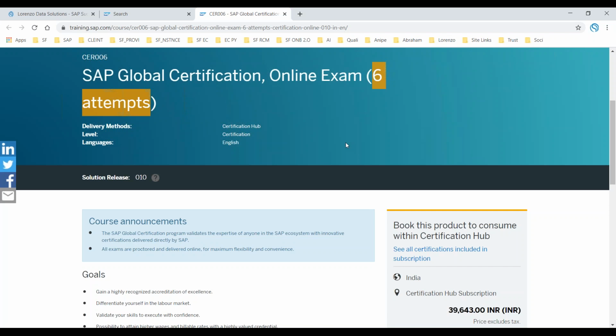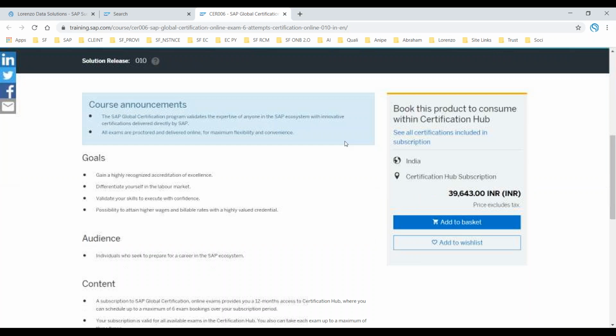Which means what we have to understand, you can only try 1 product a maximum of 3 times. So try to complete within the first 3 attempts so that you don't need to waste your time and you don't need to waste your attempts. And I request you, try to use these attempts properly and try to complete more certifications in the SAP Cloud Certification Hub. Okay, I hope you all got it.